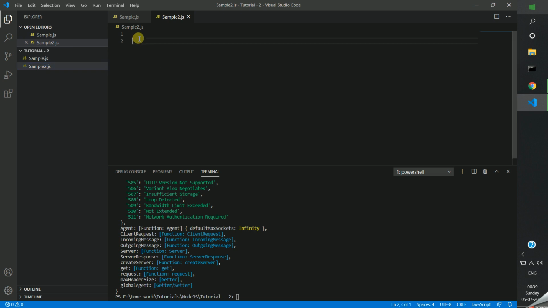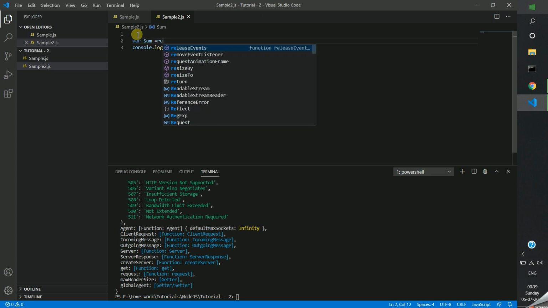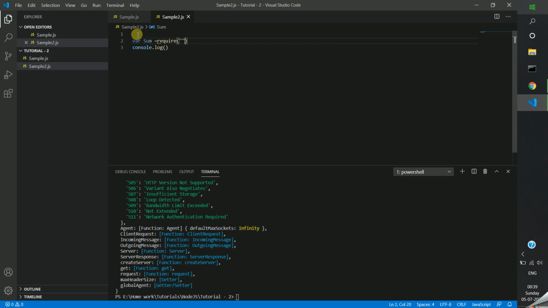Okay. Now here I want to call that function. For that, I am declaring one variable called sum equal to require of where my module is defined, in the same directory, sample. Here there is no need to specify the extension.